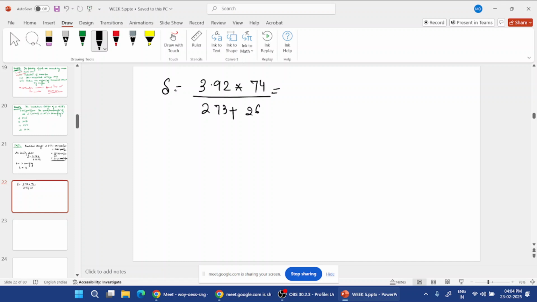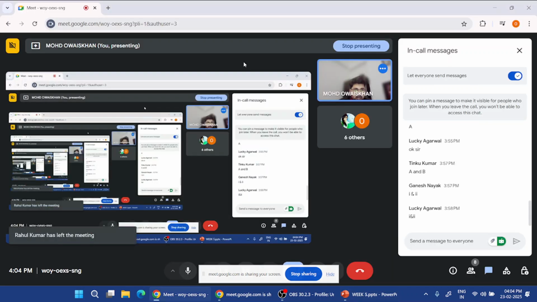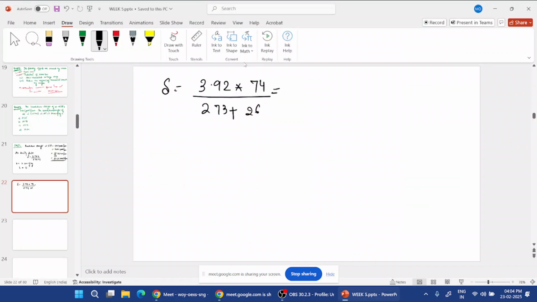So calculate this value, and what will be the answer? Let me calculate it for you first of all. 3.92 into 74 divided by how much? 273 plus 26. So if we solve it, it comes out to be 0.97. Okay, 0.97. Now 0.97, and we know that